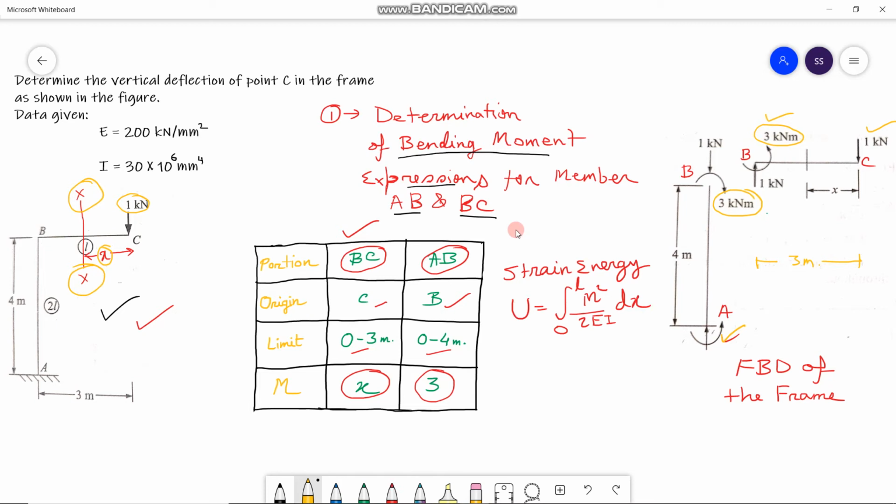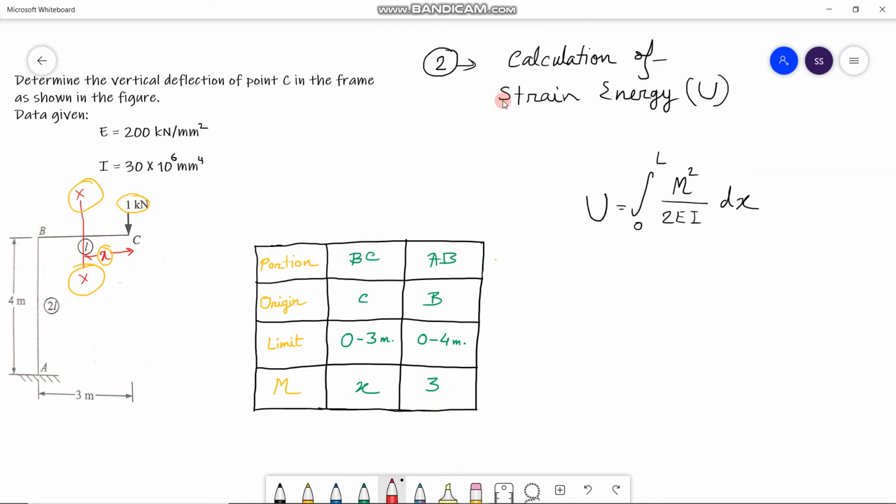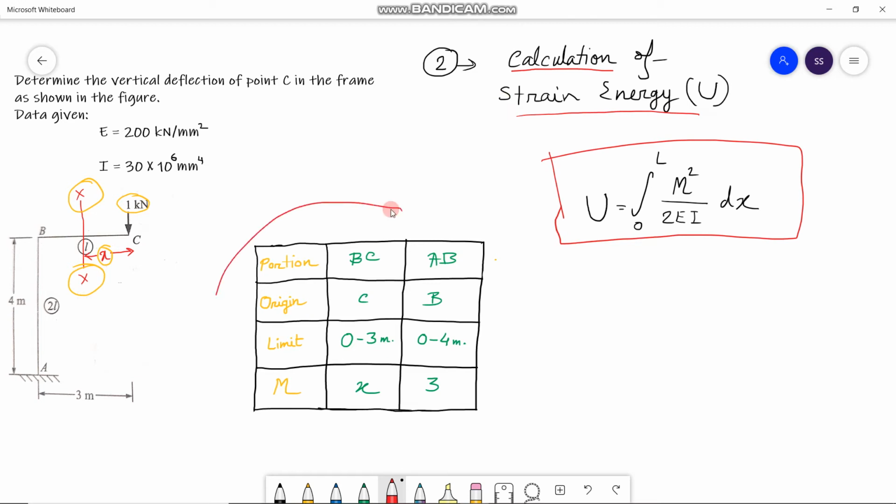So in the next step, the strain energy will be calculated using this formula, using the data from this calculation table. So the next step, that means step number 2, is calculation of strain energy U using this formula. Putting the values from this calculation table into this formula, we get